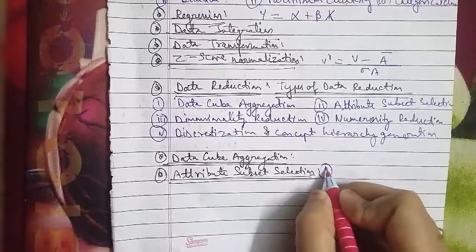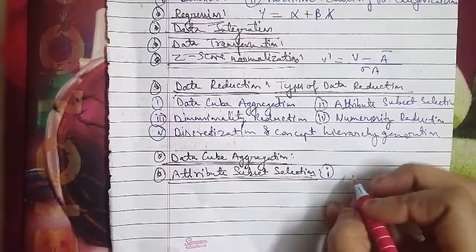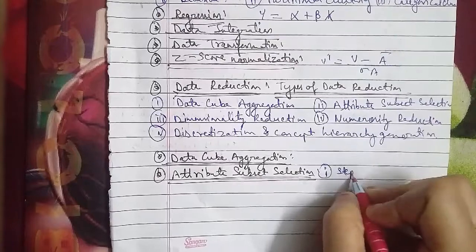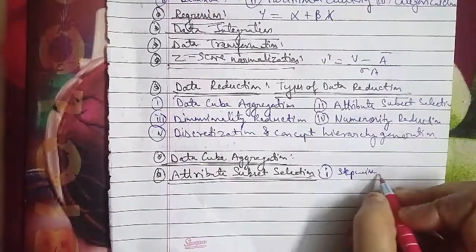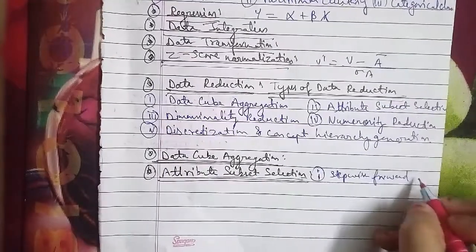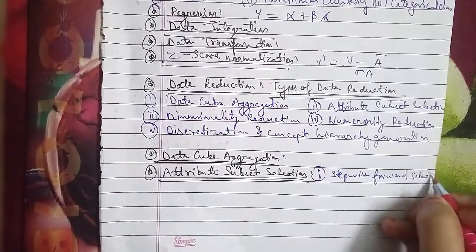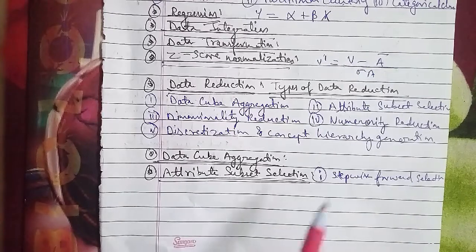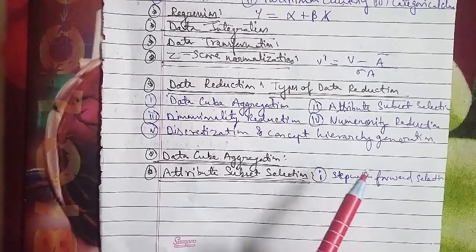For example, the initial attribute set we have is A1, A2, A3, A4, A5, and A6. The initial reduced set we have starts with A1, and the reduced attribute set is A1, A4, and A6 as well. Talking about the second one, which is